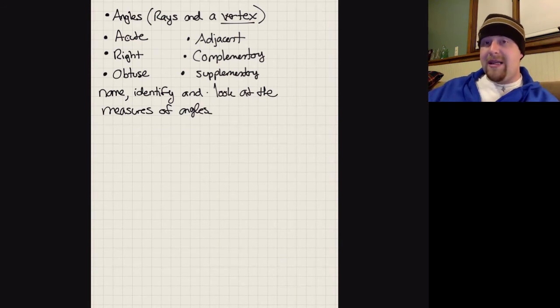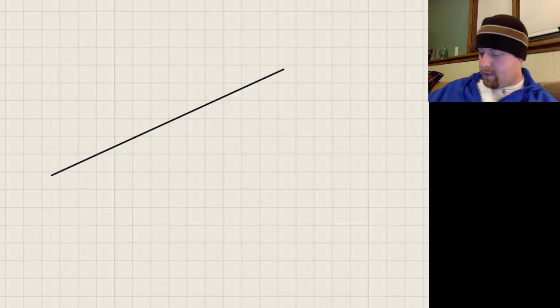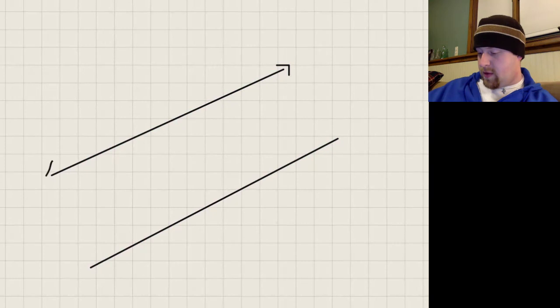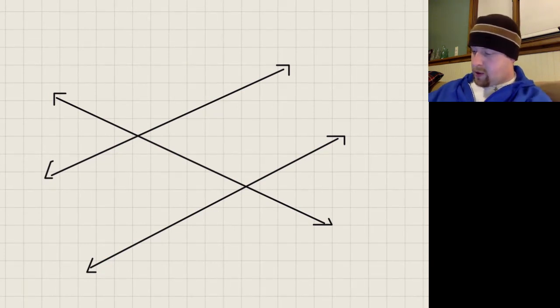So having looked at these ideas, let's apply them a little bit. So I'm going to go ahead and draw a figure here. All right, so these are 2 parallel lines. This is from lesson 7-1 when we looked at parallel lines. And I'm going to go ahead and draw